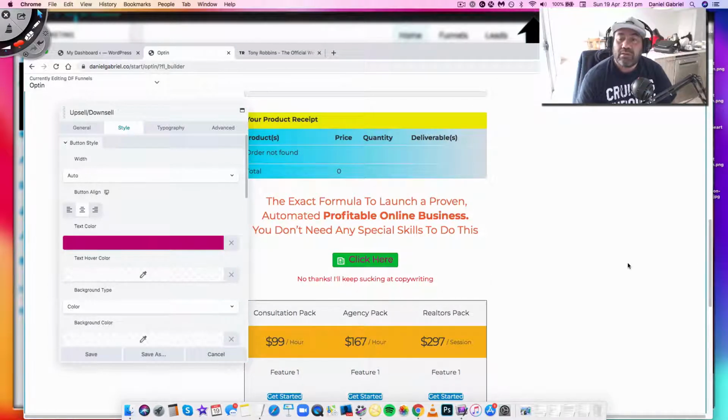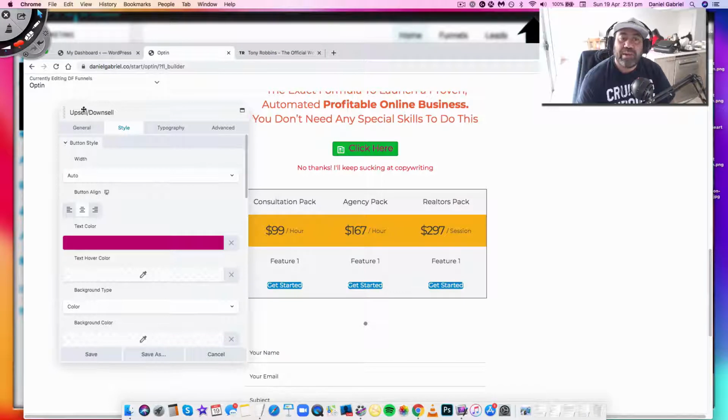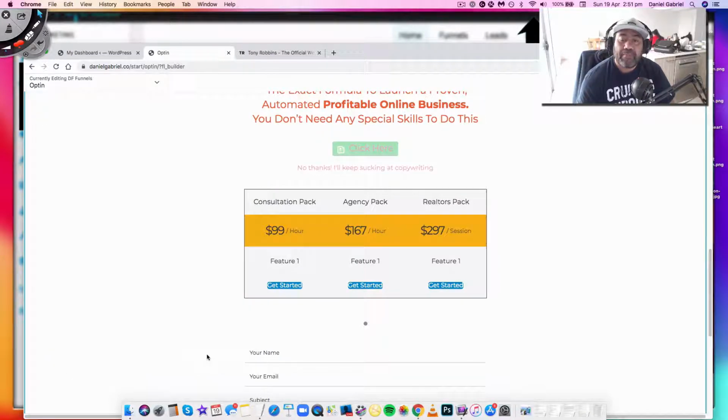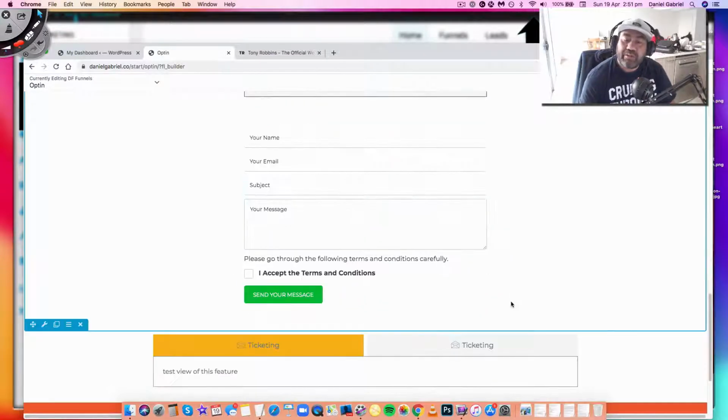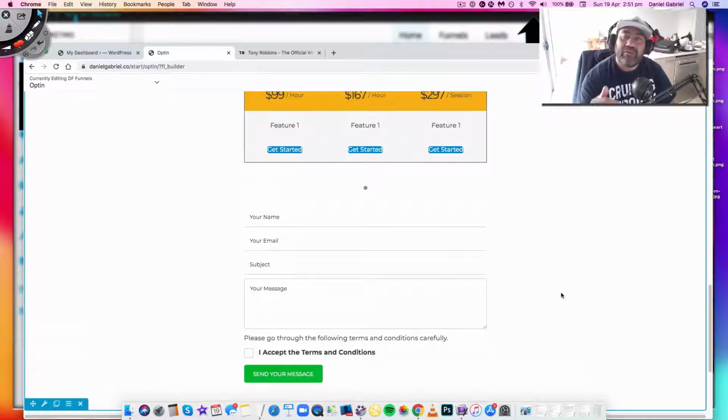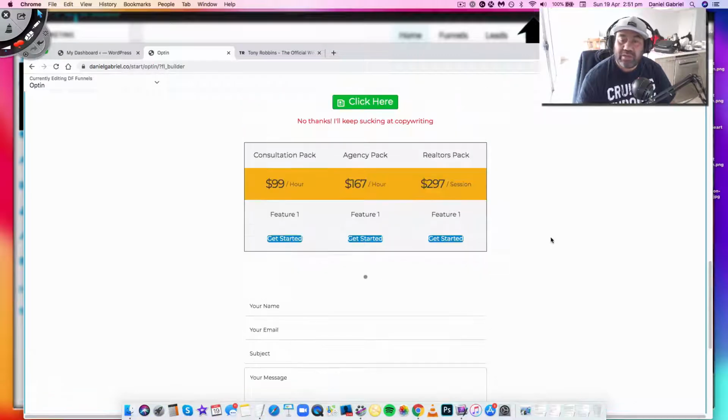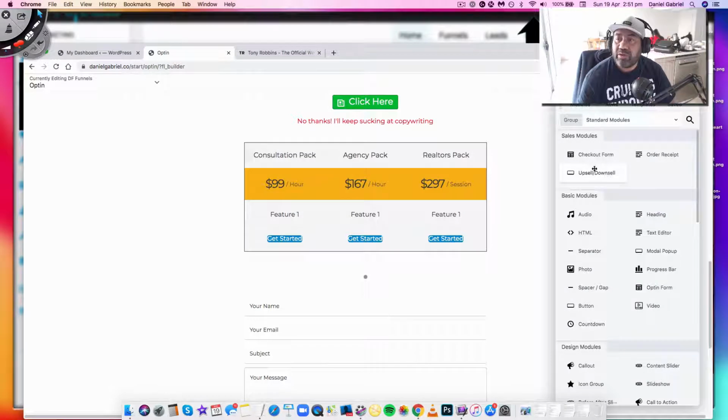So most of the stuff I've just been playing around and seeing what it can do. You try and go out and break this stuff so they can have feedback for DropFunnels and Jordan and the team, because Jordan and the team are doing their best to make sure we cater for, but not to have too many features where you forget about the marketing, you forget about the content value. So you just need stuff that actually gets you up and running, so you don't get caught up in the learning and not executing. So as you can see, you can add other stuff, like you have the checkout forms,